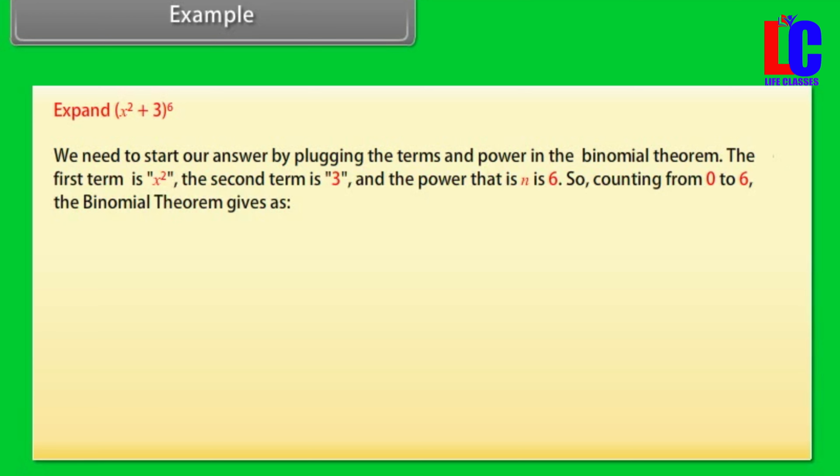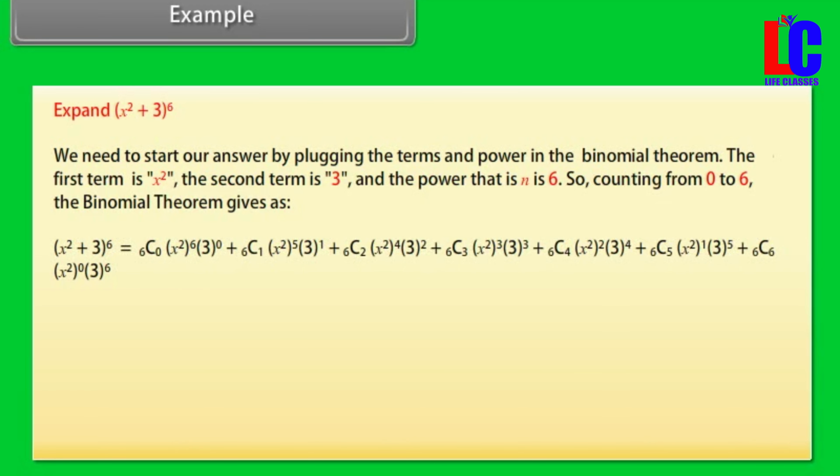So, counting from 0 to 6, the binomial theorem gives (x² + 3)^6 is equal to 6C0 into (x²)^6 into 3^0 plus 6C1 into (x²) raised to power 5